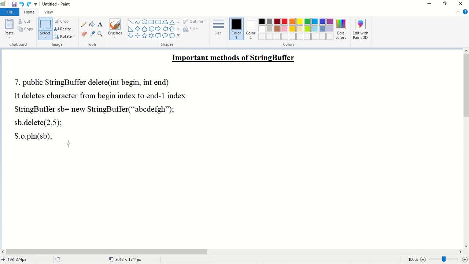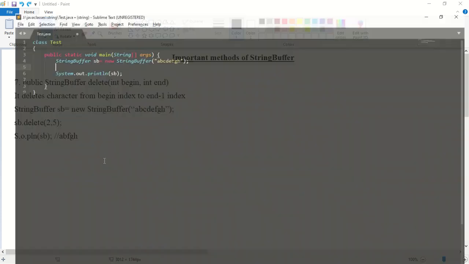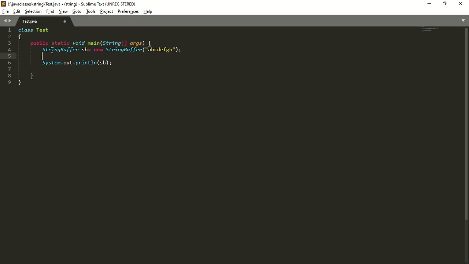System.out.println of sb. So what will be the output? The output will be ABFGH. So we'll see this example. StringBuffer sb is equal to new StringBuffer of ABCDEFGH.